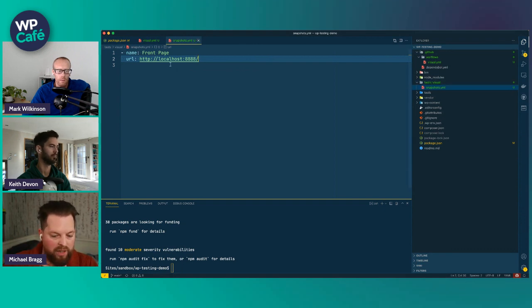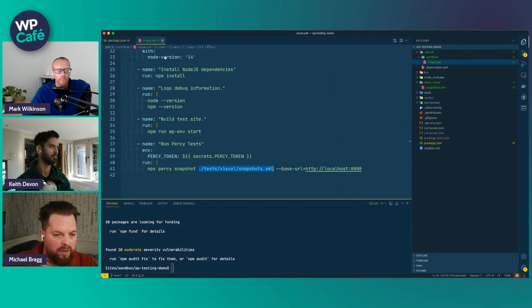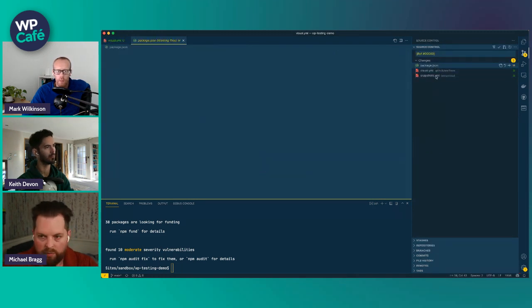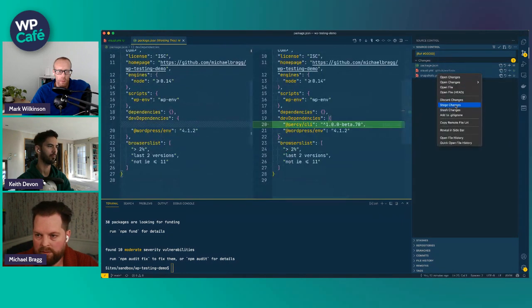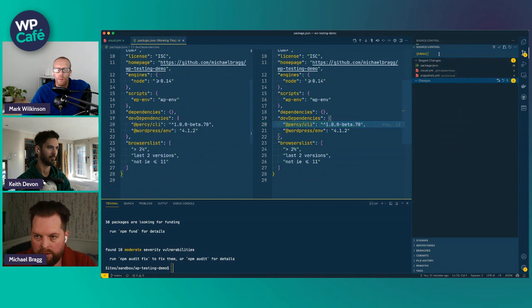Eventually we'll add more pages into here. Yeah. So we've done that. And now, in theory, if we commit the changes that we've made to our repository, so if we do added,